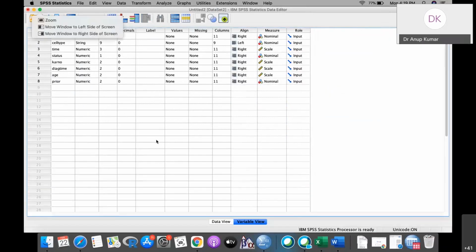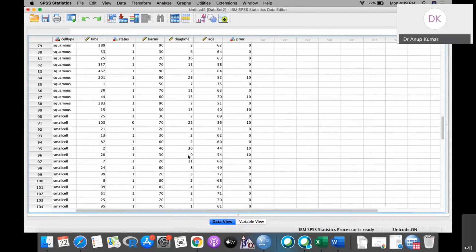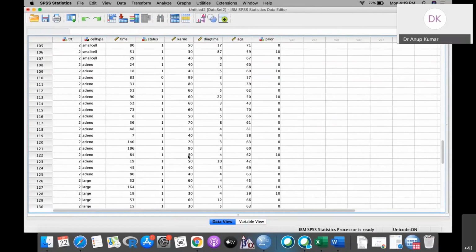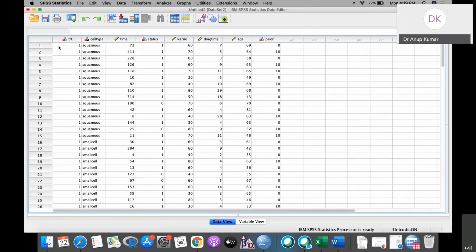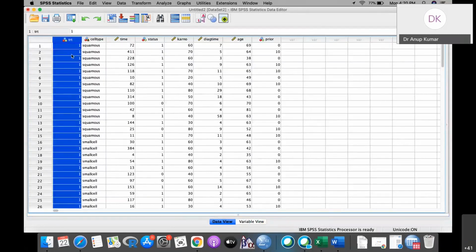Okay, so now this is the data in which we are interested, and we will try to analyze this data. For this, the most important thing is that first of all we have to do some cleaning of the data. When we transfer the data from Excel to SPSS, we have to do some sort of cleaning, so that one can understand the data in a very proper way.